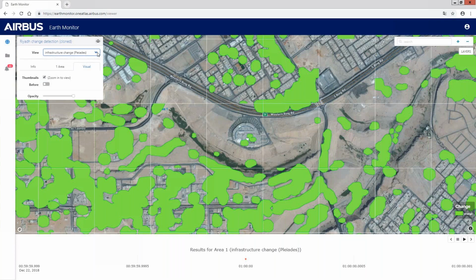Here, the green areas are only changed areas. And lastly, this field here, the view, is the analytics used for this image. So here I have infrastructure change only, but if in this same area I have several analytics,